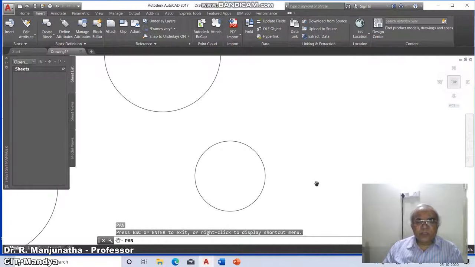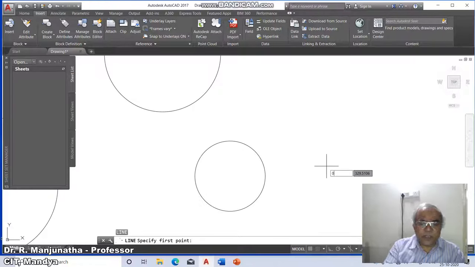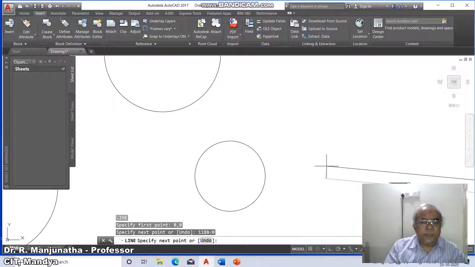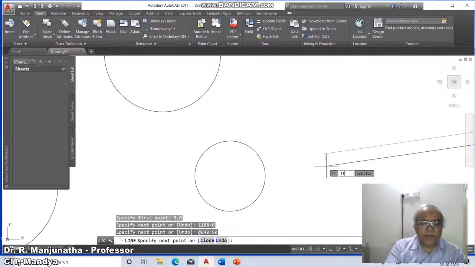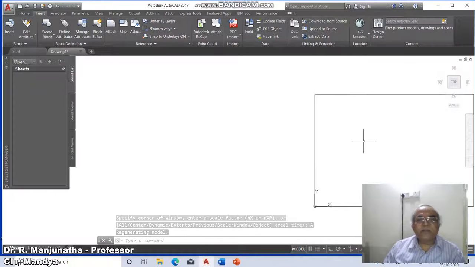But normally we don't use this particular option, basically because if you have a very huge drawing, for example, a line from 0,0 to 1188,0, then to 840 at 90 degrees, then to 1188 at 180 degrees, and close. So we have the zoom all here, and I don't know where we have created that entity, because it is a very small entity.